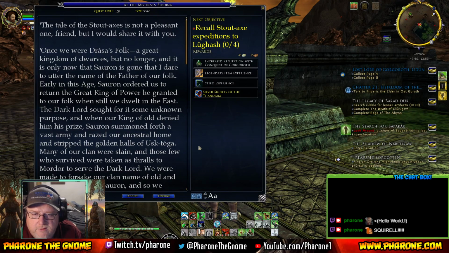Once we were Dross's folk, a great kingdom of dwarves, but no longer, and it is only now that Sauron is gone that I dare to utter the name of the father of our folk. Early in this age, Sauron ordered us to return the great ring of power he granted to our folk when still we dwelt in the east. The Dark Lord sought it for some unknown purpose, and when our king of old denied him his prize, Sauron summoned forth a vast army and razed our ancestral home and stripped the golden halls of Uskdaga. Many of our clan were slain, and those few who survived were taken as thralls to Mordor to serve the Dark Lord. We were made to forsake our clan name of old and swear ourselves to Sauron, and so we...